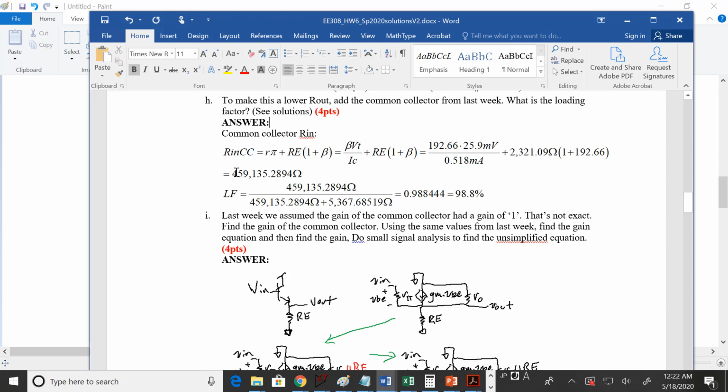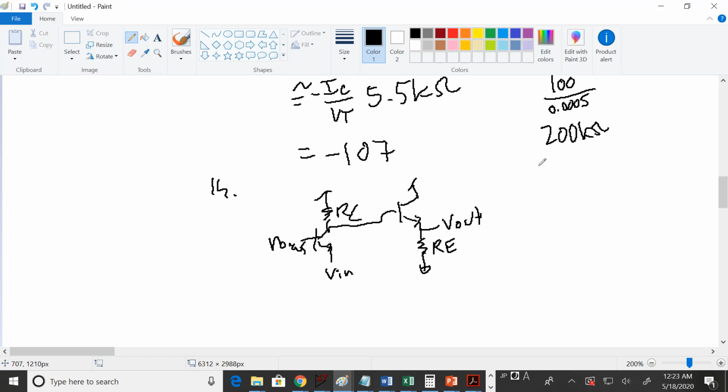And if you work that out, people got a little bit different answer than me, so I did go back and check the math. I got 459K for the Rin, and what is the loading factor? Okay, and we have the R out, which is RO in parallel with RC, and RO is so large that it kind of works out to being about RC,